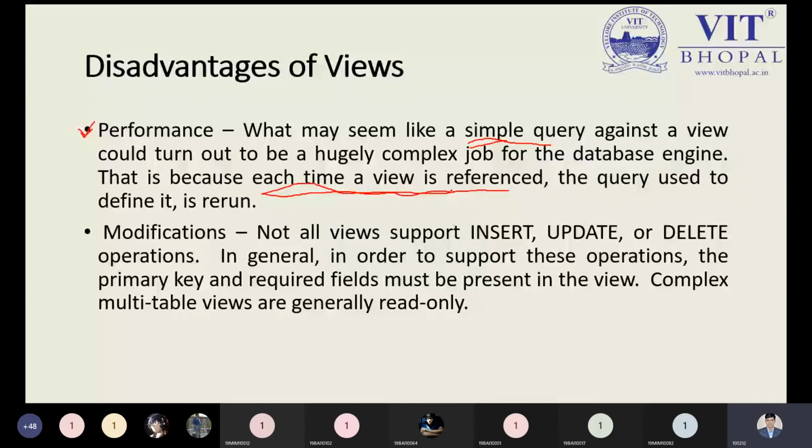So suppose you want to make a very complex query and create a view from it. There's no guarantee we are getting the actual proper data. There may be some problem, some issue, so performance may go down at a time. So view is not justifiable when we have complex work or a complex problem. But for small work, it is okay.